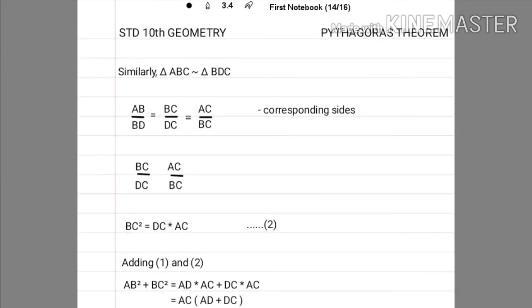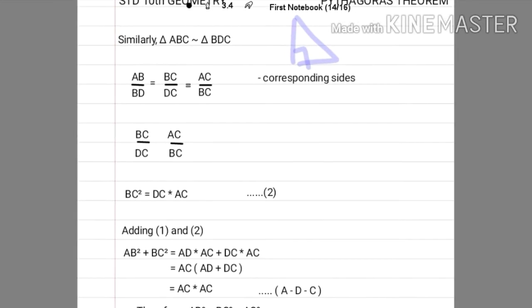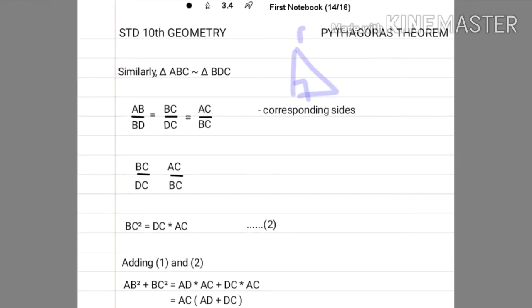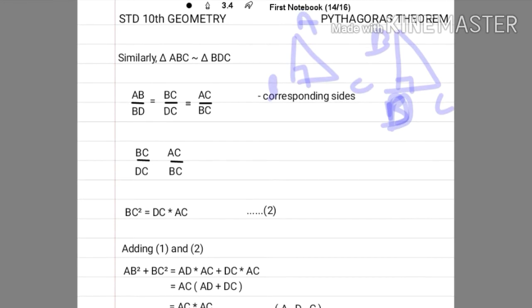Next, we are going to take the bigger triangle and the second smaller triangle, that is the triangle ABC. Again we will draw it here, A, B and C, and this is the triangle BDC. So this is C here, B here, the vertex C is common, and the angle at D is 90 degree, and therefore it is drawn like this. So these are the two triangles.